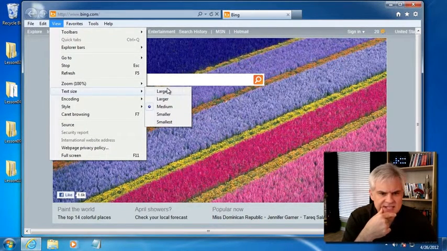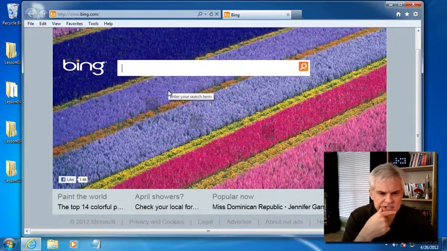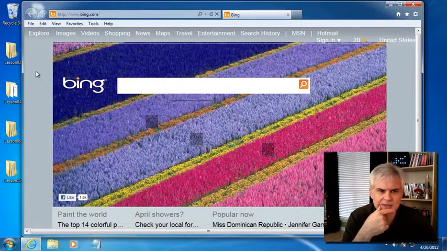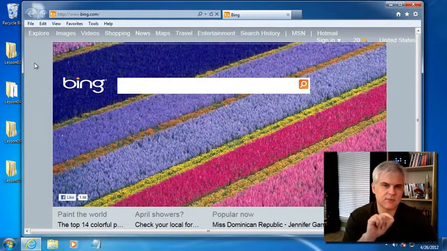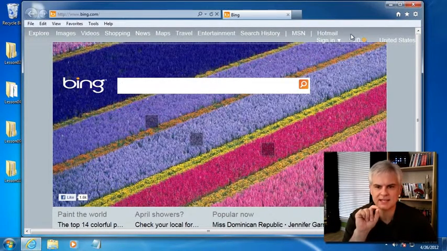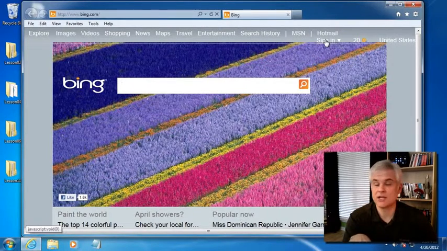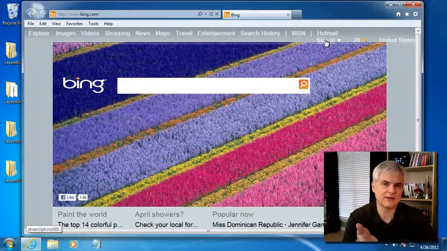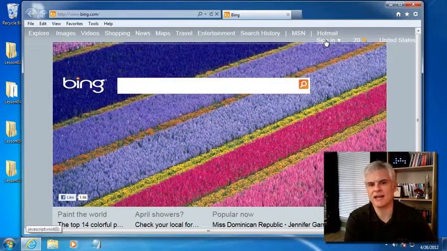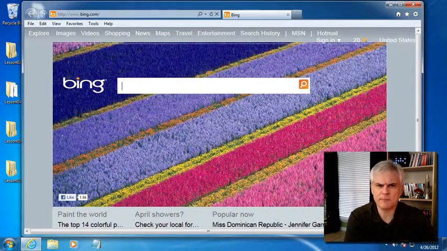Yeah, so under text size, I can use largest, and if I am counting on my font sizes to be a specific size based on a specific browser's rendering, I have to keep in mind, like in this particular case, by using a larger font, it pushed some of the content onto the next line. Now, the designer of this web page may have realized this and just decided not to worry about it because most people don't mess with these settings, but I've had people tell me, hey, your web page doesn't look quite